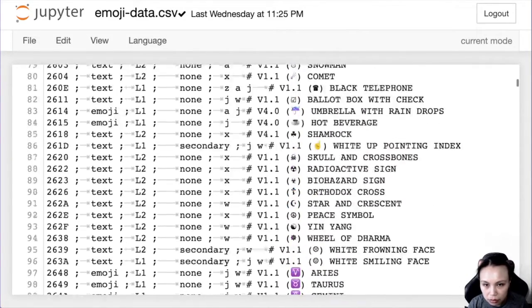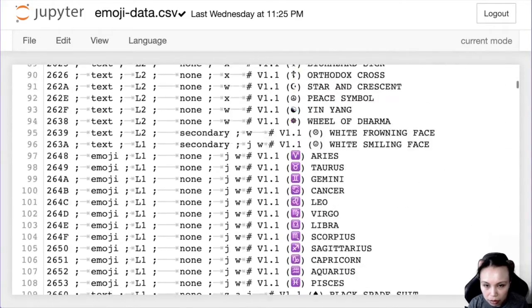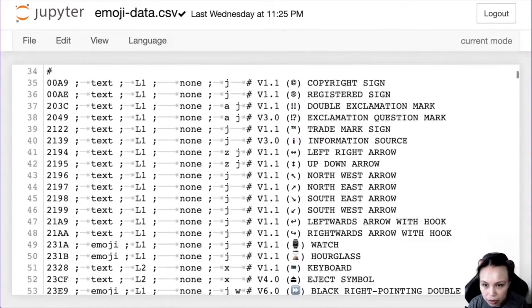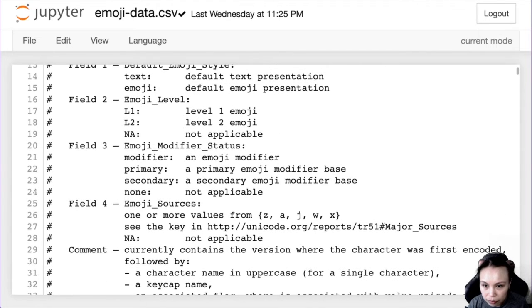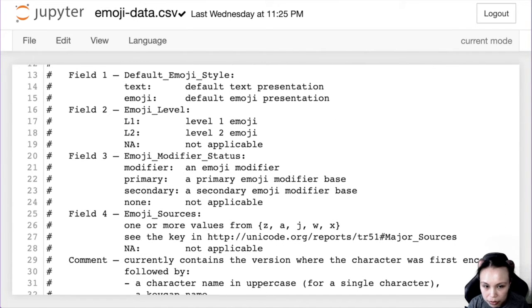So where's the modifier thing? So modifier is the third field. Primary, emoji modifier base. Yeah, this is all the modifier thing. I just want that. It's not a modifier, so